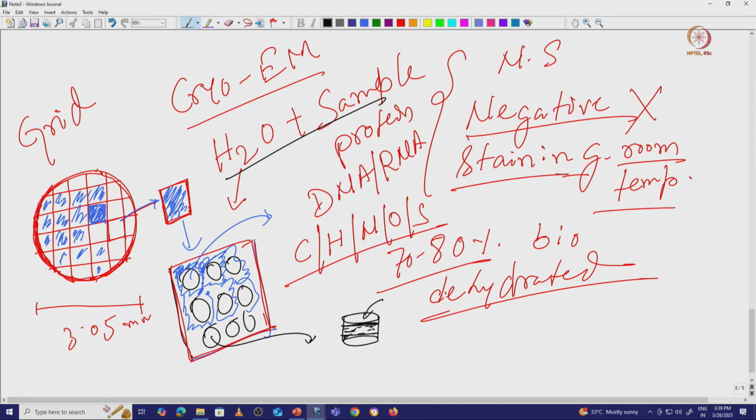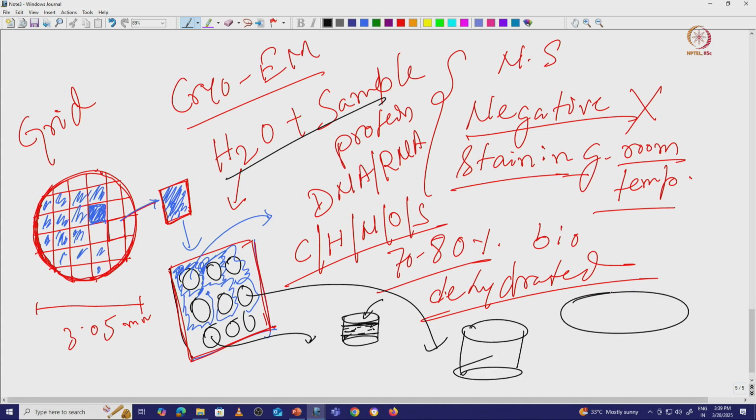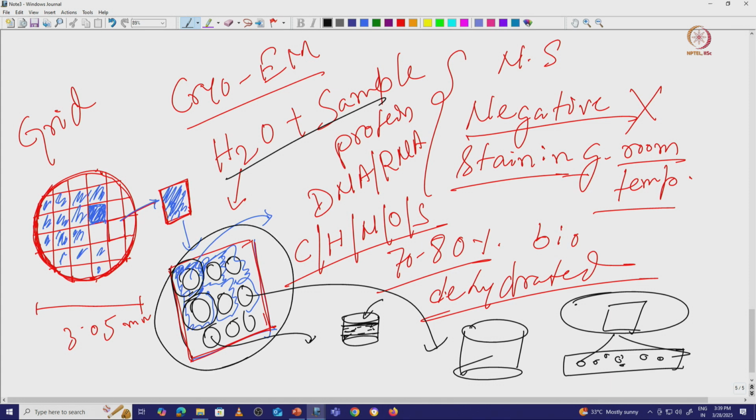Now when we are going to do the imaging, what are we targeting? We are targeting this individual hole. If you look at this individual hole, what we have there is amorphous ice. As I mentioned, if we image this particular area, there is amorphous ice, and within that amorphous ice the sample is embedded. The beam will pass through this and give us an image. So now if you look at your beam diameter, when you want to image one particular area, you have to be very careful about the beam diameter. If the beam diameter is very big like that, what is going to happen?